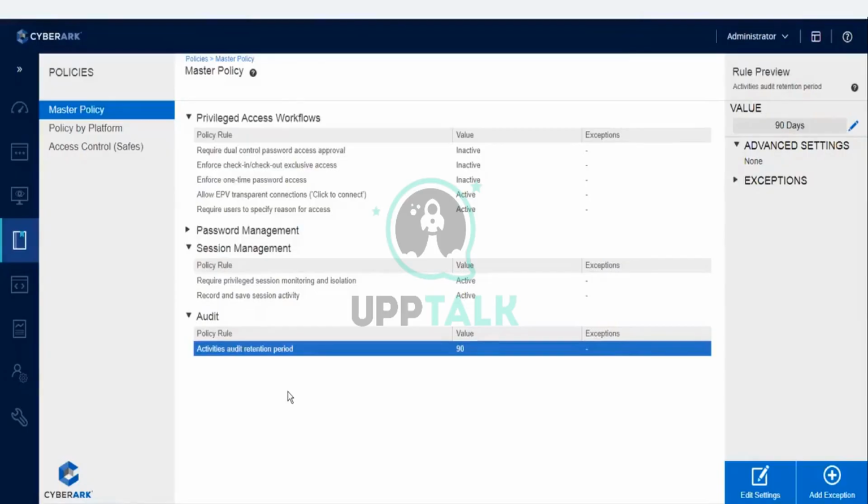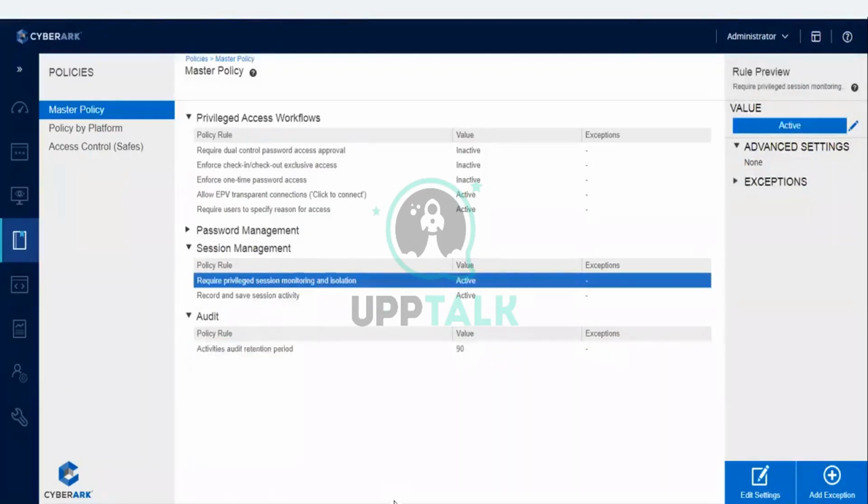Under session management, we have two policies. The first one is require privileged session monitoring and isolation. If you enable this policy, then only that connection will go through PSM. In case you deactivate this policy, then there is no use of PSM, there is no session isolation